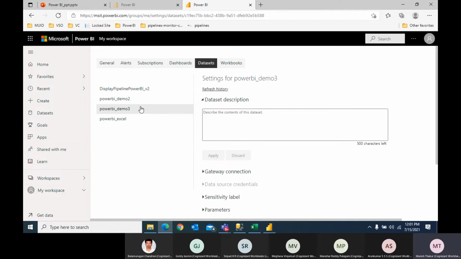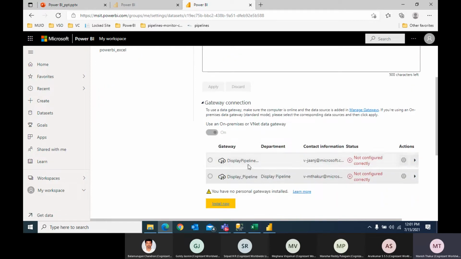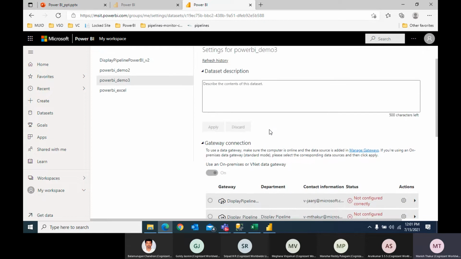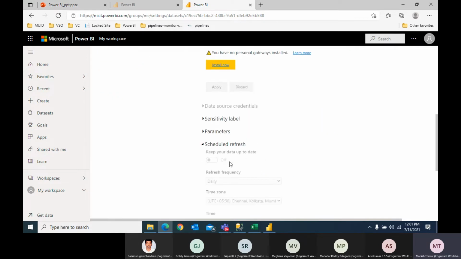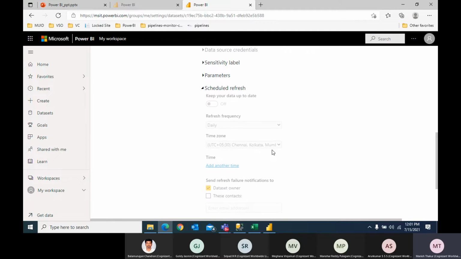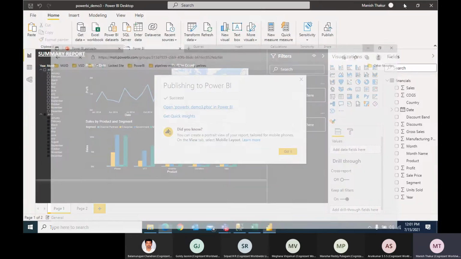So here you'll see something called data source. Data set is there. If you want to connect it to some database connection, you'll be able to configure and update the data set periodically. So there is something called schedule refresh. So now it is off. Suppose you are taking the data from a database, I'll just show you that also, how you can create data from a database.